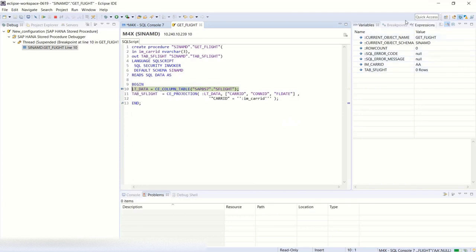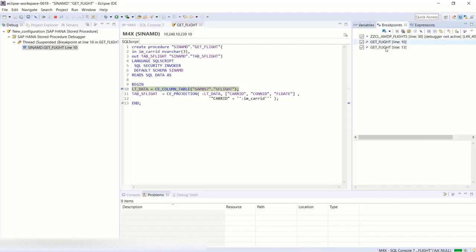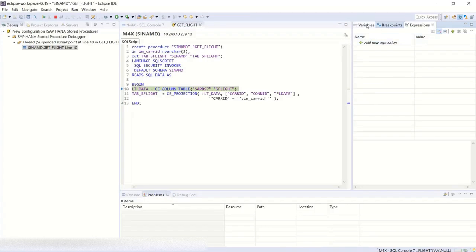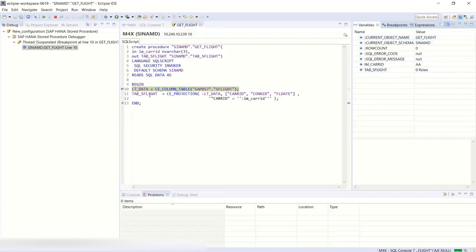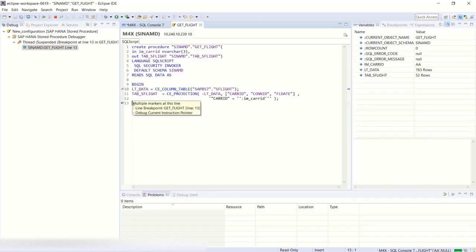Now here on the right side, we can see where we set the breakpoints and the variables. Here tab underscore flight doesn't have an entry right now. Now if I execute, I'll just execute straight away till the end. Again, it will stop here since I have a breakpoint here. I press F8. Now we see that tab flight has 52 rows, which is